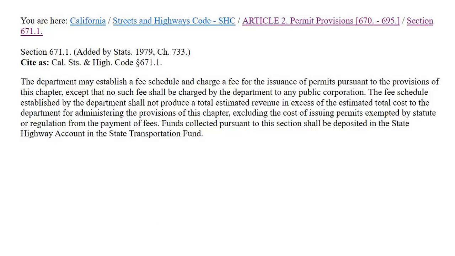Now that you have your completed application form and supporting documents, the final item required for a complete standard encroachment permit application package is the fee. State policy requires Caltrans to recover the administrative costs for reviewing, issuing, and inspecting permit projects. Public corporations, such as federal and state government agencies, cities, counties, and public districts are fee exempt.